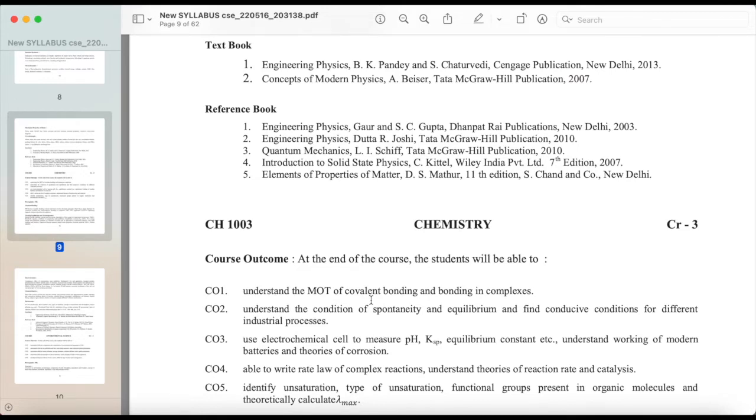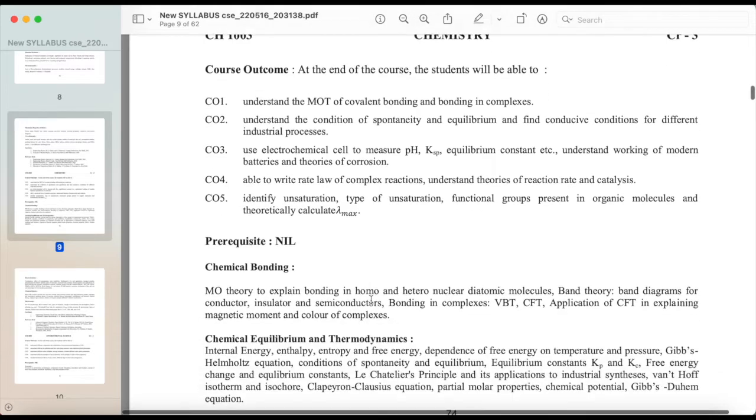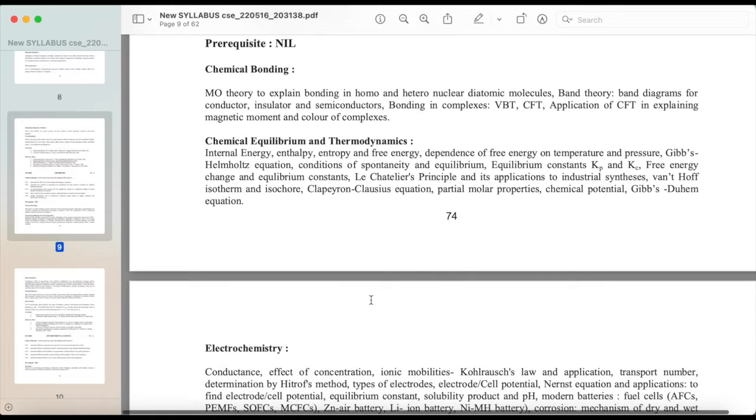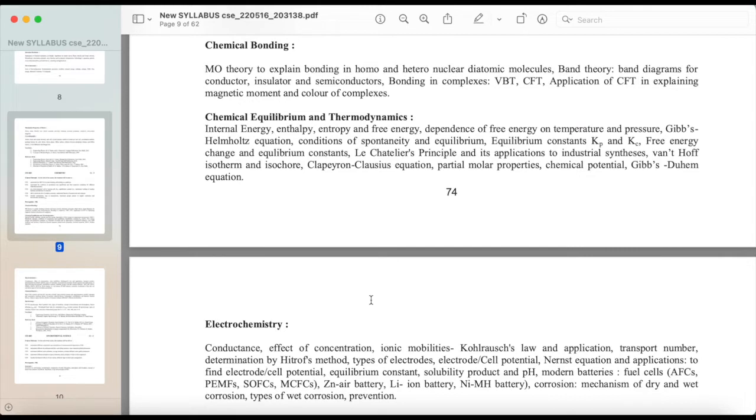Next, Chemistry. Chemical Bonding: MO theory to explain bonding in homo and heteronuclear diatomic molecules, band theory, band diagrams for conductor, insulator, and semiconductors, bonding in complexes, VBT, CFT, application of CFT in explaining magnetic moment and color of complexes. Chemical equilibrium and thermodynamics: internal energy, enthalpy, entropy, and free energy, dependence of free energy on temperature and pressure, Gibbs-Helmholtz equation, conditions of spontaneity and equilibrium, equilibrium constants Kp and Kc, free energy change and equilibrium constants, Le Chatelier's principle